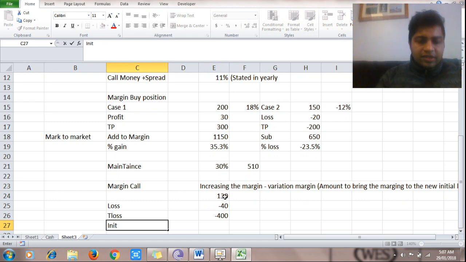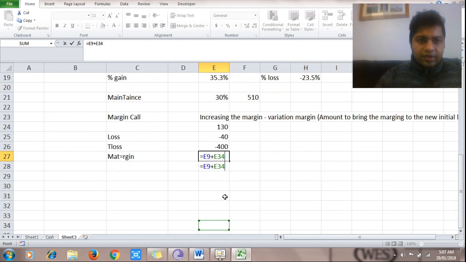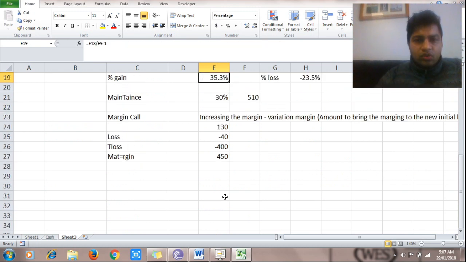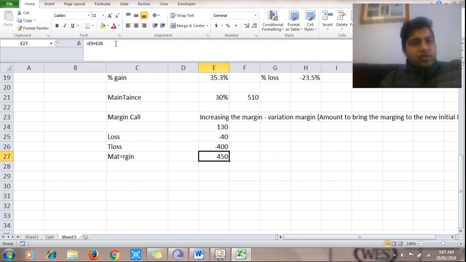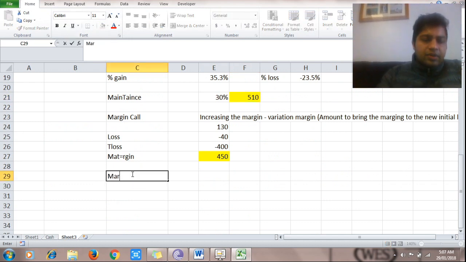So in your margin account that you put in would be $850 that you deposited adjusted by minus $400 loss that you got. So your margin account will show $450. Now this $450 is less than $510 that are required to stay in the margin. Okay, so what will happen? You will get a margin call. So it is lower than maintenance margin. Maintenance margin was 510. Your account is showing 450. So you'll get a margin call.